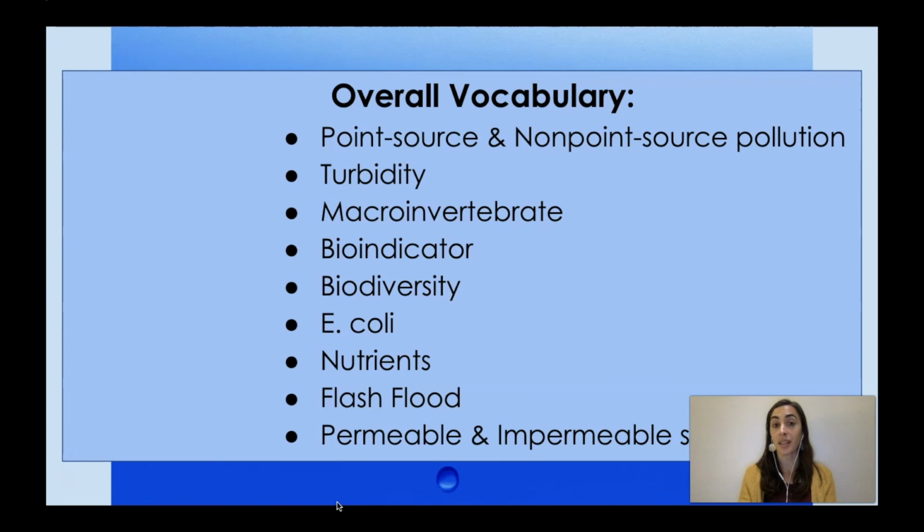And I'm sure that I've forgotten other ones that you can please add into your notebook or your journal as vocabulary to remember for later.